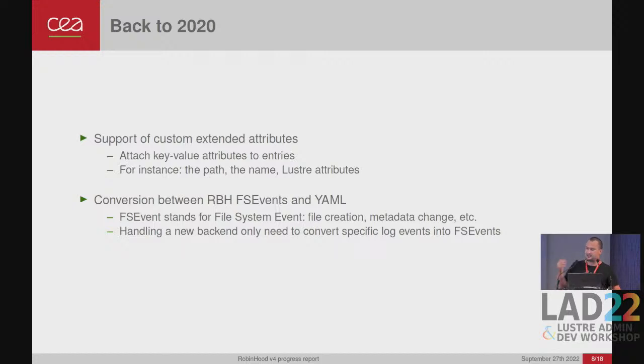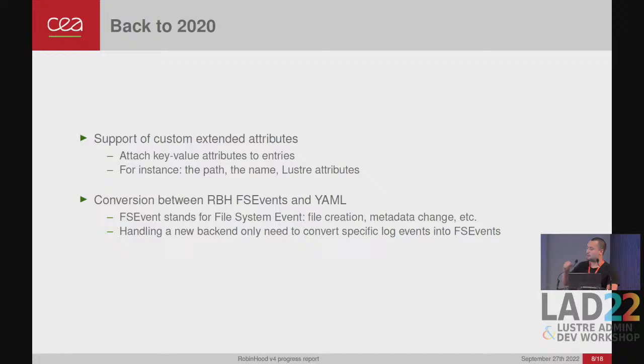So if I go back in time, back to 2020, we presented to you two main features that were developed in the past for the year 2020. The first one is the support of custom extended attributes, which means that we can attach to every entry key-value attributes, like here you can see the path, the name of the file, and also, as we did for the Lustre attribute, using those extended attributes. And also presenting the conversion between Robinhood file system events and YAML to easily